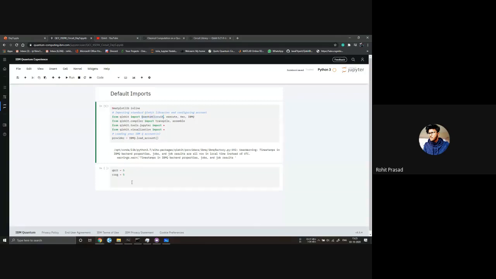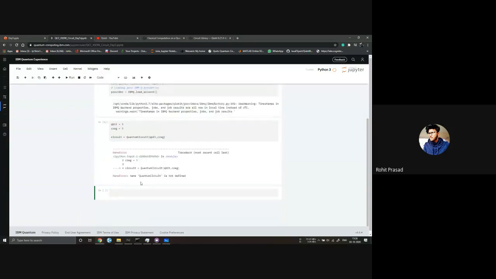This allows us to make a quantum circuit that could be run on the quantum computer that IBM has. So we name our circuit Q circuit. Circuit is equal to QuantumCircuit, with the number of qubits we want, QBIT, and the number of classical registers we want, which we took to be C-reg. And we hit enter.